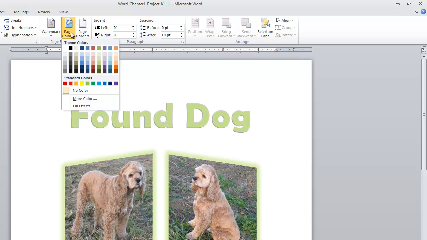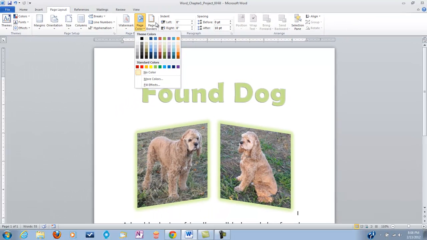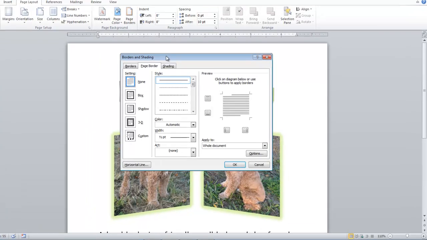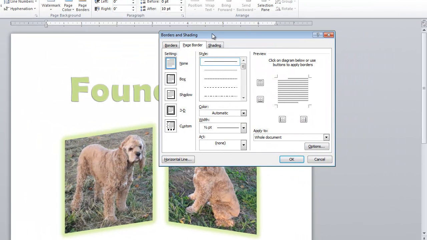And the book has, let's see, they're using just a regular, looks like kind of a dash line. There's a lot of different options. So let's go to the page border button. When you click on page border, you're going to get this box that pops up. And this over here is a preview area that shows you kind of what that border is going to look like. So the book chose in this style area here, I think they chose one of these dash lines, maybe